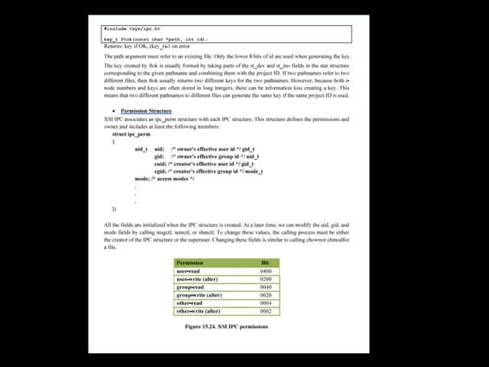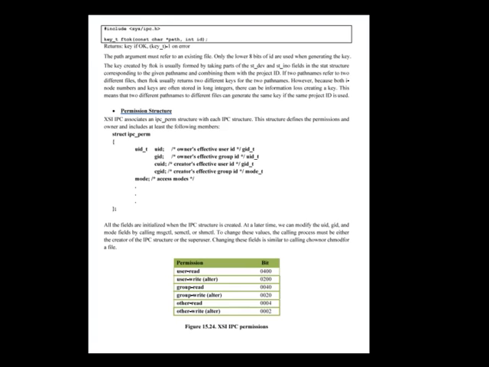XSI IPC associates an ipc_perm structure with each IPC structure. This structure defines the permissions and owner and includes at least the following members. See here. All the fields are initialized when the IPC structure is created.